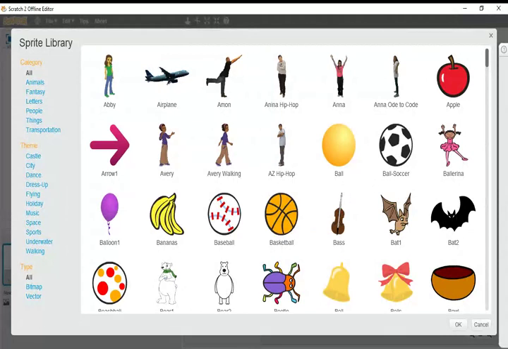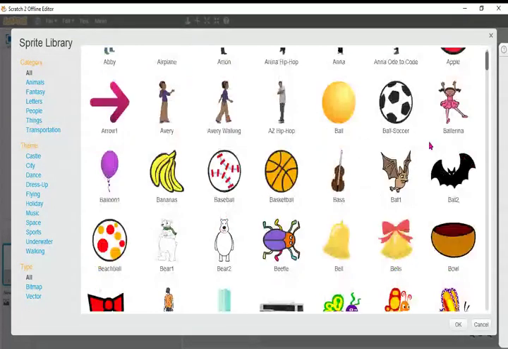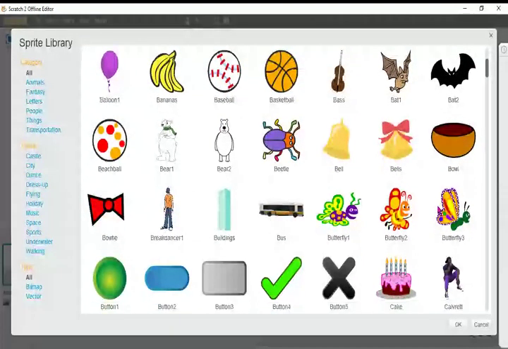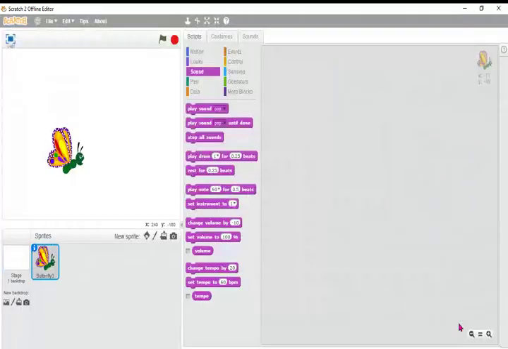So from there, which one do you have to select? Butterfly. See here, butterfly. There are 3 types of butterfly, so you can select any one butterfly. Which is better? This is a good one, no? Or the last one. Okay, third one. Select which butterfly you need, because in the question it is asked: butterfly draw a square. So I select and click on OK here. Now what happened? Yes, in the stage the butterfly came.